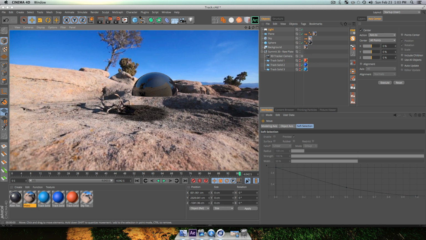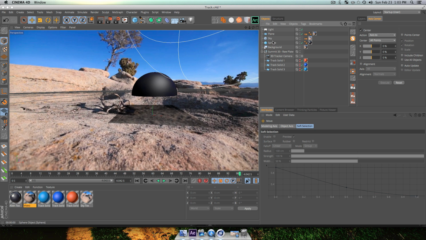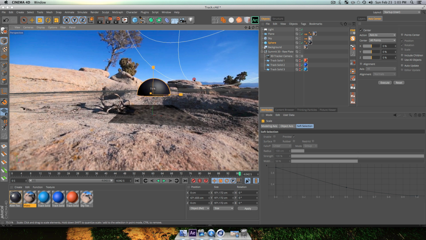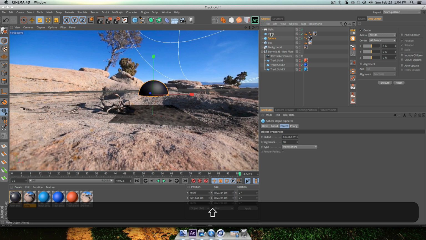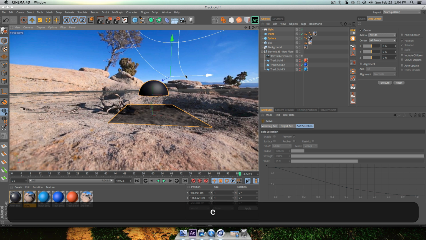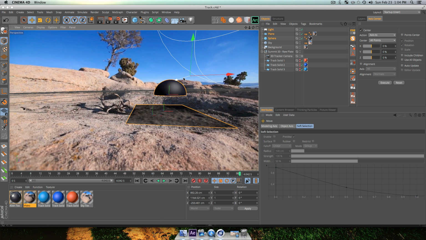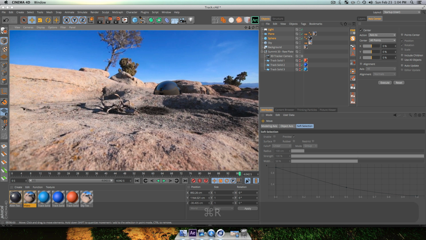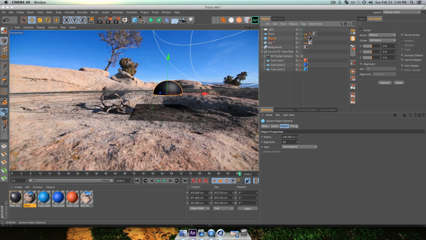So I'll do Command R, and now it looks like it's kind of projecting the same way as the rest of our objects, but it is a little bit big, so maybe we should make our sphere smaller for this example. So I'll scale down my sphere a little bit, click my sphere, and also my plane, and my light, so I guess I'll select all three of these, and let's just position this a little bit different in the environment, so it's not going over this tree trunk here. Maybe move it again.